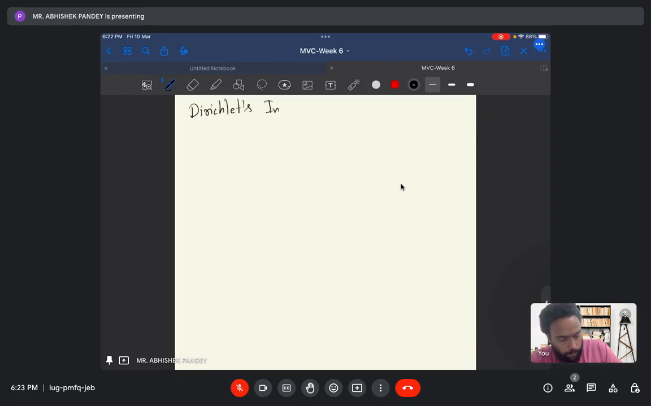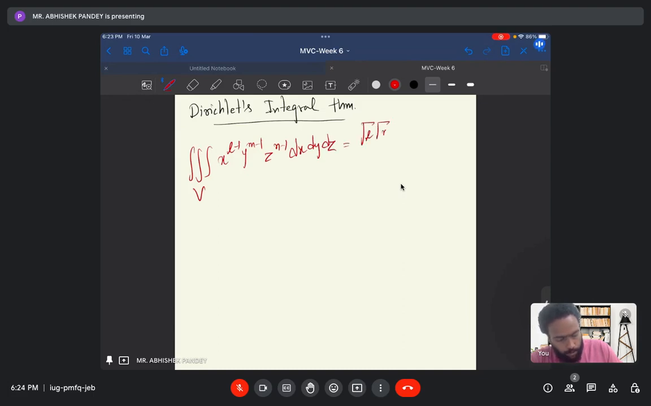Dirichlet's integral theorem. So this says that the integral over this region of x to the power L minus 1, y to the power m minus 1, z to the power n minus 1, dx dy dz, is equal to gamma L, gamma m, gamma n upon gamma of L plus m plus n plus 1,